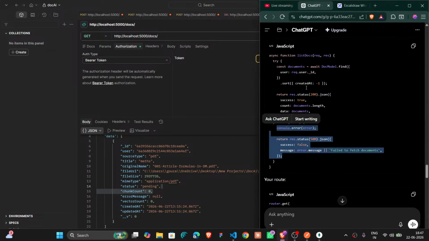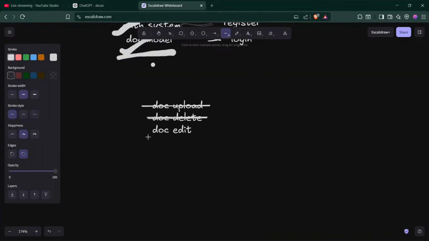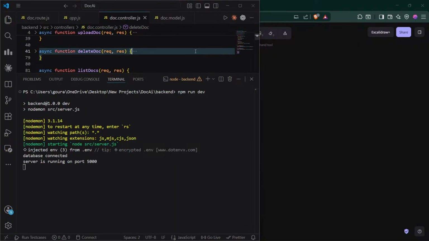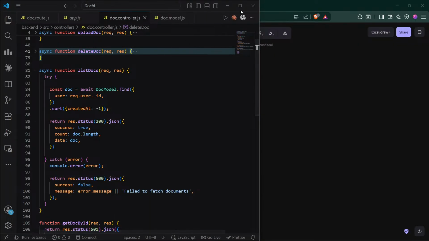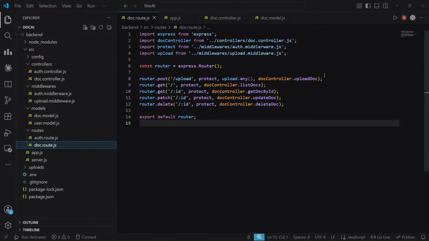We have created this, just mark it down, and then we have route docs.